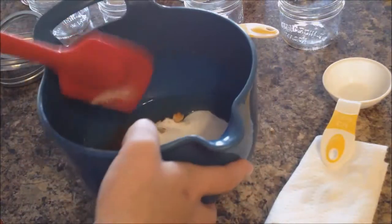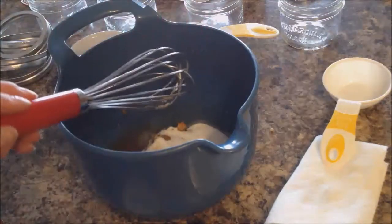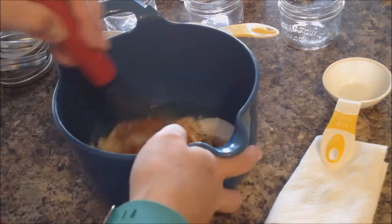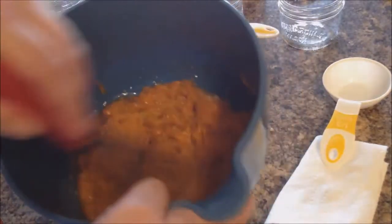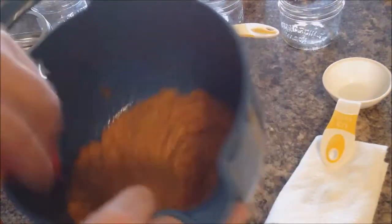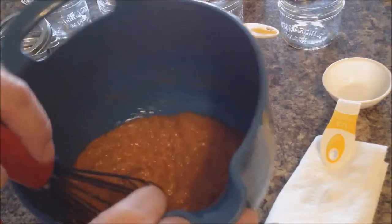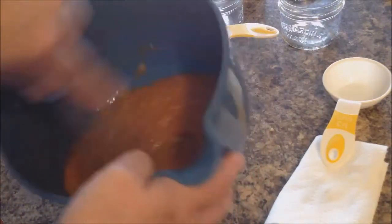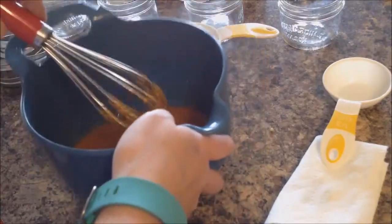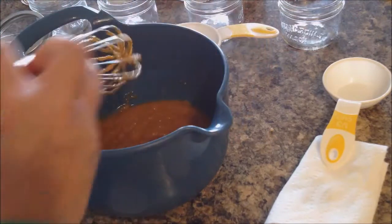And then same thing, we're going to mix those up until we get it good and combined. They call this pumpkin bread. We'll see what it tastes like. It's got a lot of sugar in it for bread. Seems like a cake leaning towards bread. All right. So then once that's done,